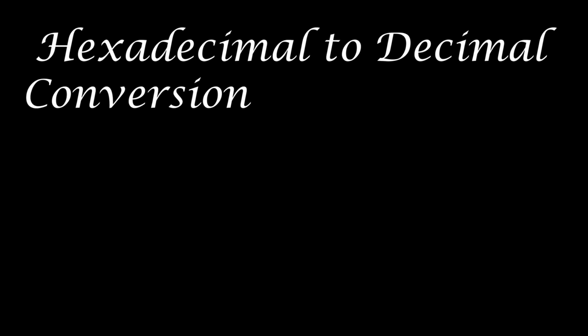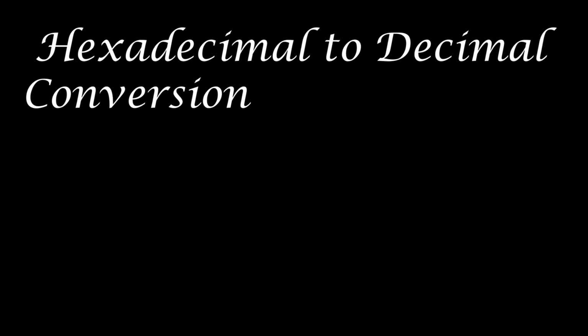Okay, let's see the hexadecimal to decimal conversion steps. First, we'll write down the hexadecimal digits and we'll list the powers of 16 from right to left. That is the positional notations. And then for each positional notation, we'll write the equivalent weight, right? And then we'll multiply each digit with its corresponding weight, and we'll add all the values to get one final value. Okay. So here if you see, for example, they are given 25F.